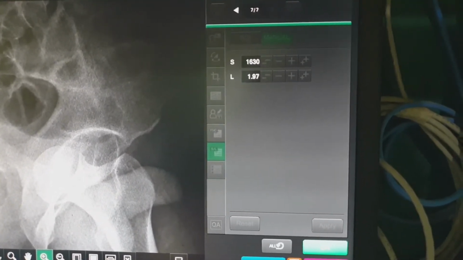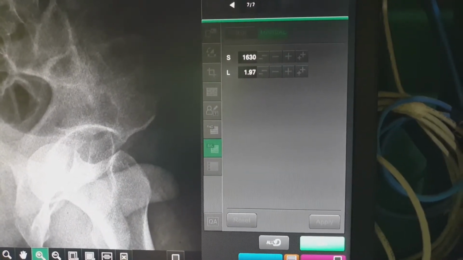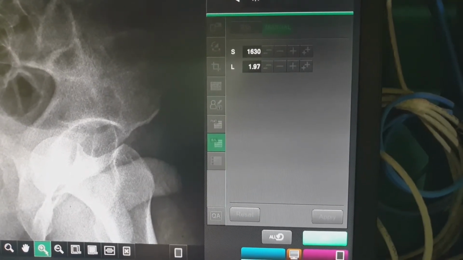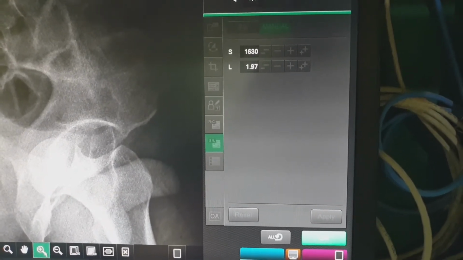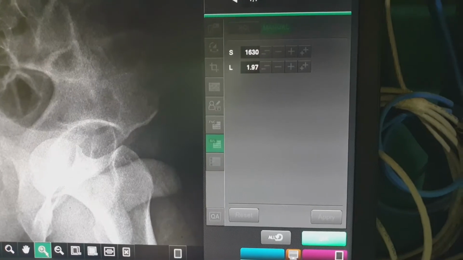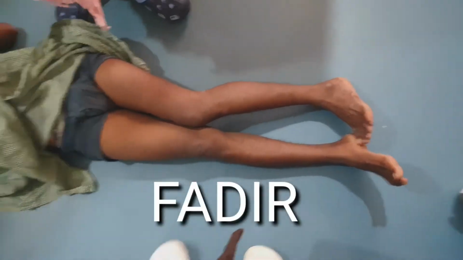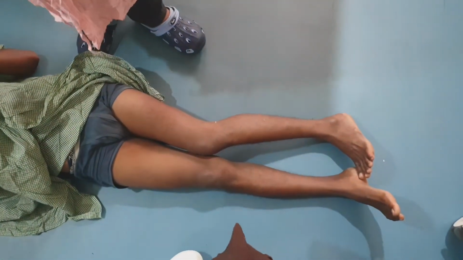Post this we are going to do it under sedation. If you have a big institute and can do it under general anesthesia at short notice, you can do that also, but it has to be done as soon as possible. This patient came to us within 6 hours, so for me getting GA immediately is not so easy, so I will do it under sedation. The patient is keeping his limb adducted, internally rotated and flexed. The patella is at an upper level, so it is shortened also.